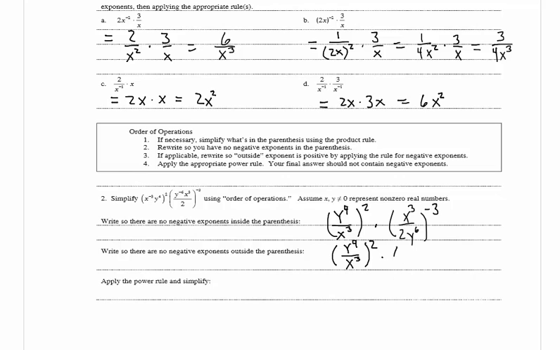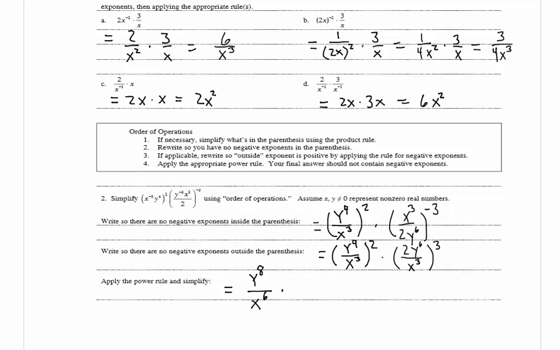So we're going to have 2y to the 6th over x cubed raised to the 3rd power. And now we want to apply the power rule and simplify. So here we have y to the 4th squared, and we can write that as y to the 8th. When we use the power rule and we have a base raised to an exponent and that exponent raised to an exponent, we're going to multiply the exponents. So we have y to the 8th over, now we have x cubed squared, so we have x to the 6th,